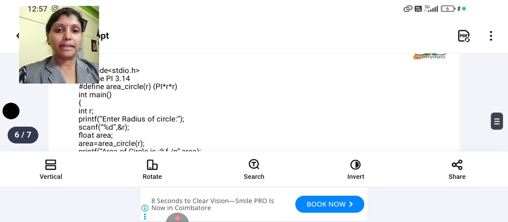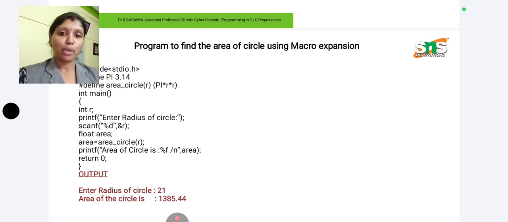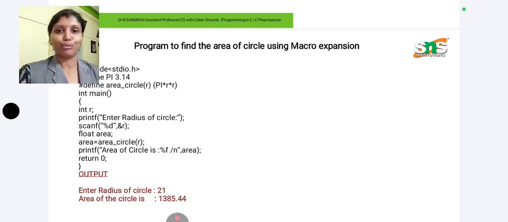For example, enter the radius of the circle: 21. So obviously the calculated result, the area of the circle, is 1385.44. Hope you understand clearly about the C